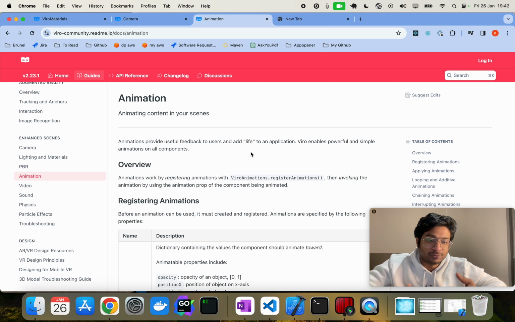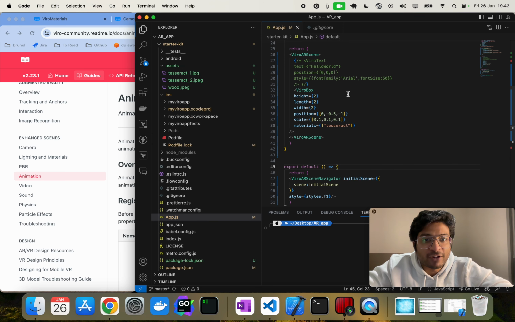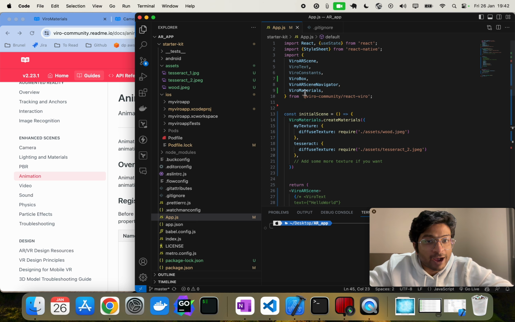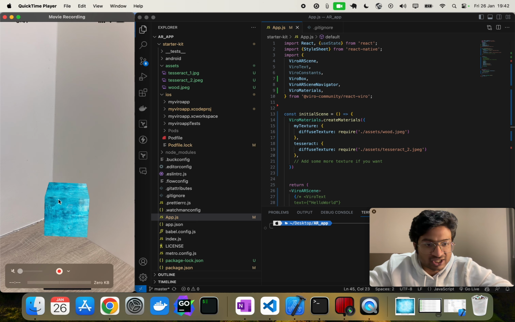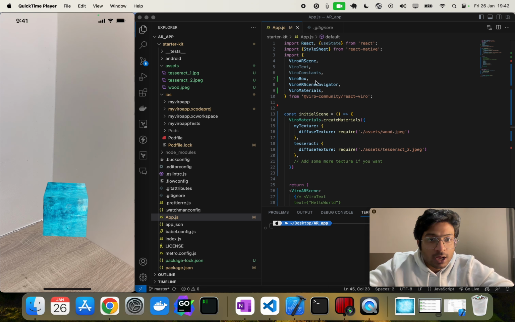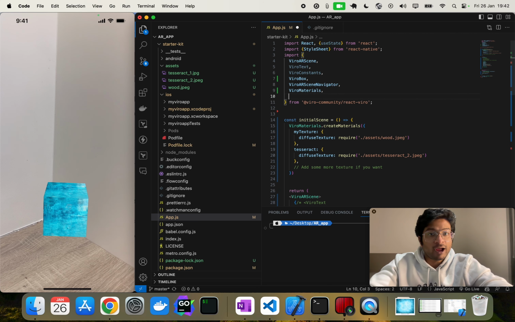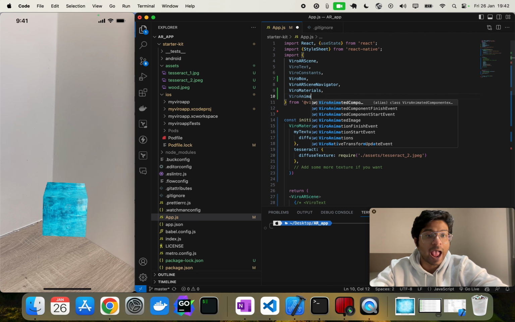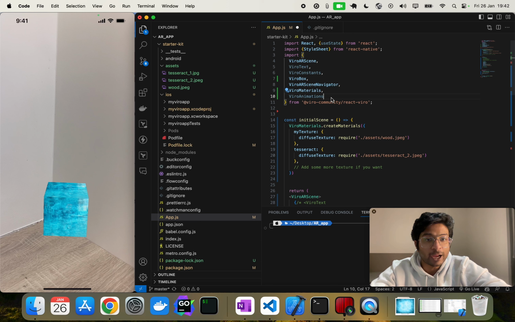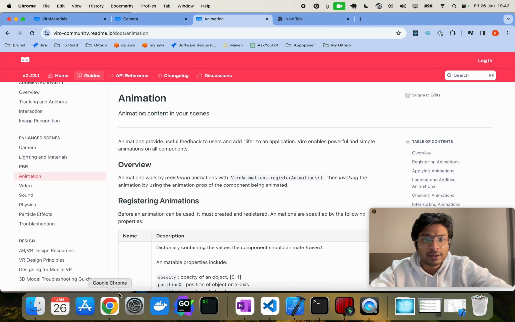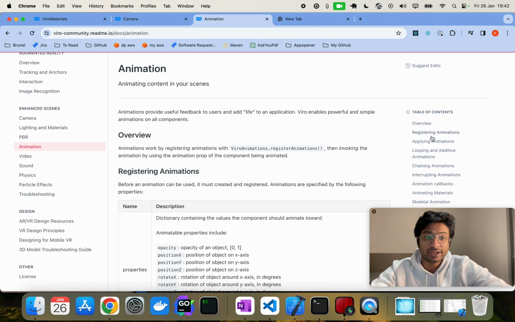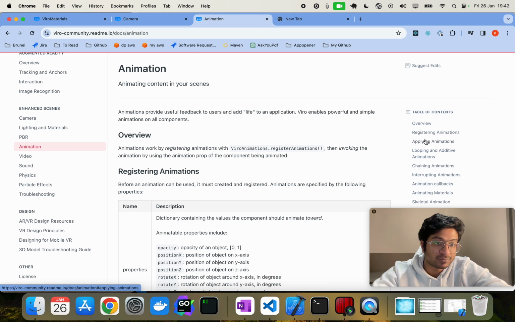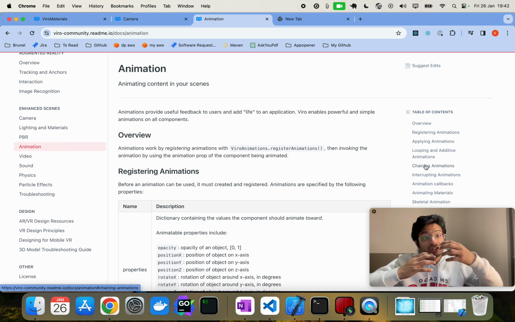You could apply a material on 3D objects. Now, just as in the case of materials, when we created a material using the Viro material component that we imported and applied this glowing blue background texture on the screen in the previous lecture, now over here we'll try to import this Viro animations component, my friends. Now this Viro animations component, unlike the materials component, is not created, it is registered, then it is applied, then it is looped over, then it can be chained with other animations. So this is how the naming convention inside of this Viro React library is